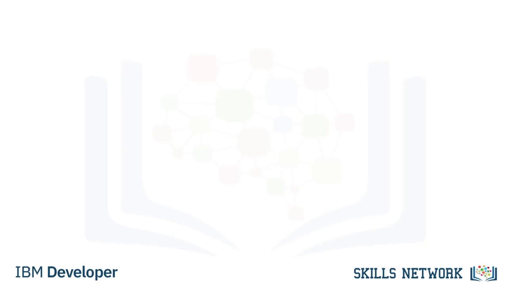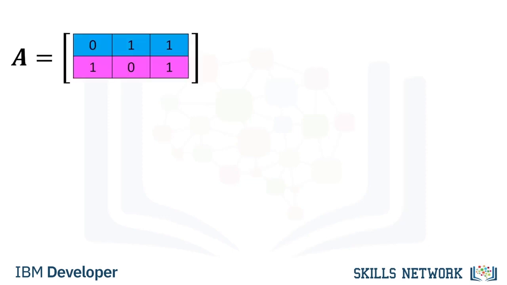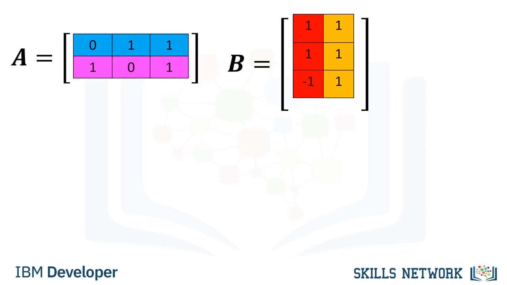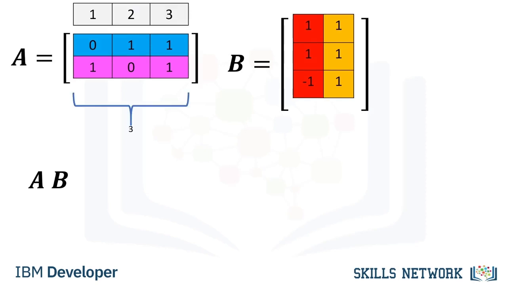Matrix multiplication is a little more complex, but let's provide a basic overview. Consider the matrix A, where each row is a different color. Also, consider the matrix B, where each column is a different color. In linear algebra, before we multiply matrix A by matrix B, we must make sure that the number of columns in matrix A, in this case 3,